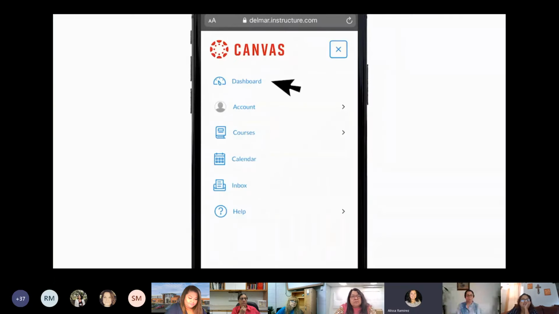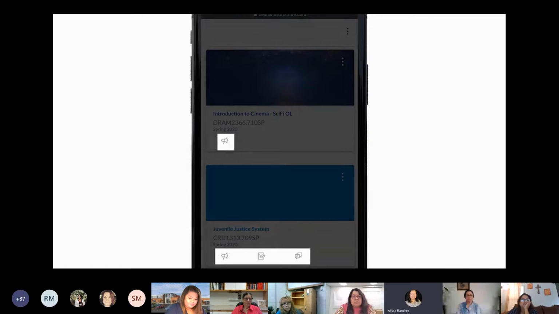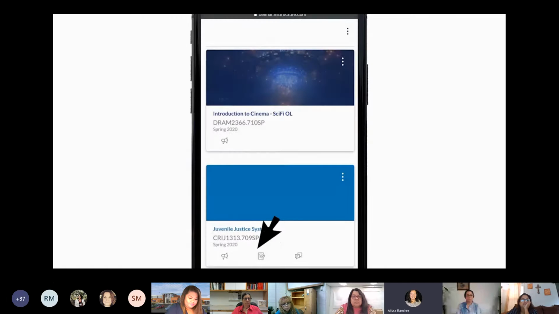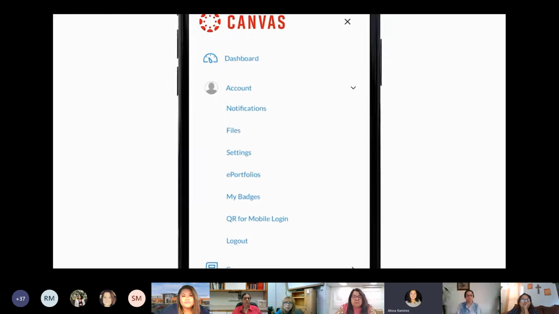Step 2, Dashboard. This provides an overview of your current courses. Each class may have clickable icons for announcements, assignments, and discussion. Step 3, click Account Link. This section allows you to specify